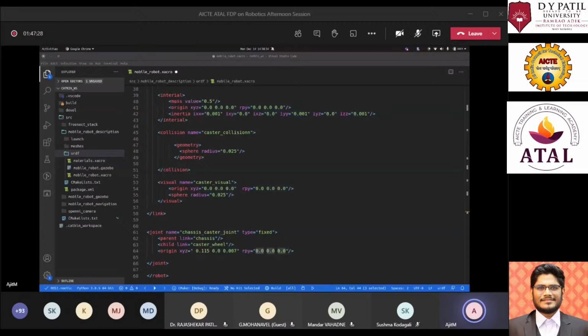Now remember, this roll, pitch, yaw are always in radians, and XYZ are always in meters. So the units which Gazebo uses are meter, second, and kg for the mass. So once we have defined these two links, parent and child, and the origin of this joint, let's see what we visualize.